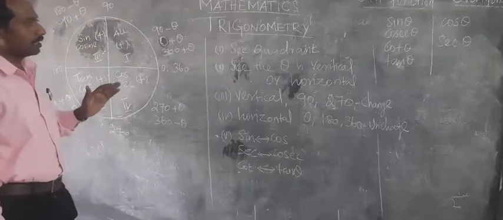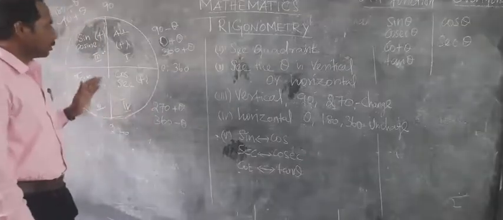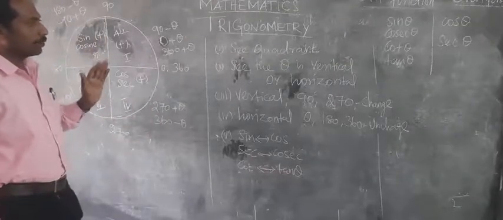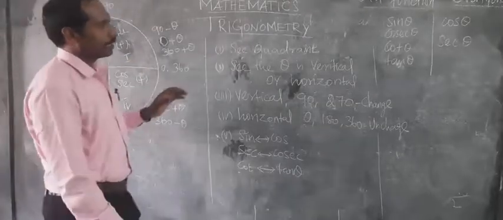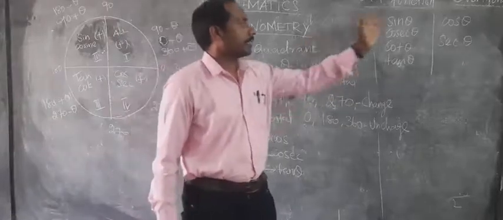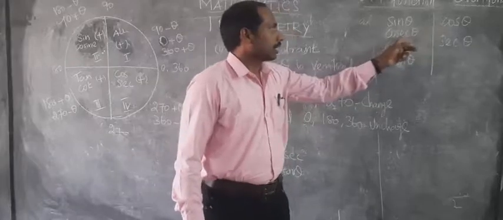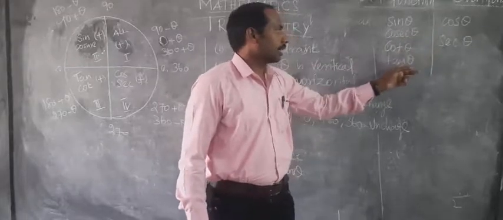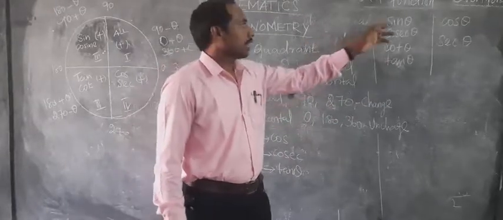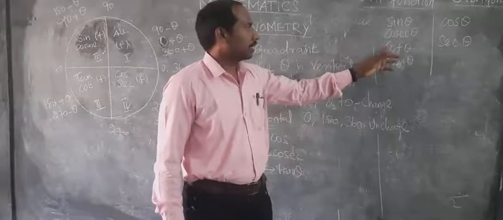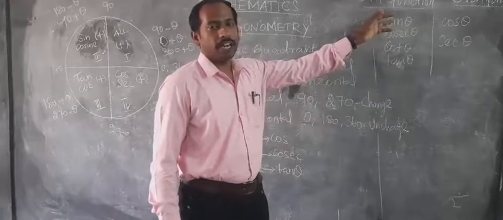Just see what concepts you have to think about in your mind. I will explain the ratio co-function formula. The six trigonometry identities will come: sin theta, cos theta, cosecant theta, secant theta, cot theta, tan theta. Previously you have to know that sin theta, cosecant theta, cot theta, tan theta are odd functions. What is the meaning of odd function and even function?